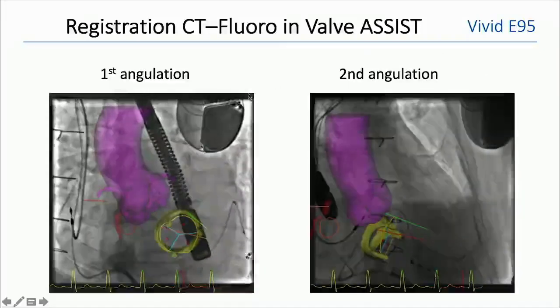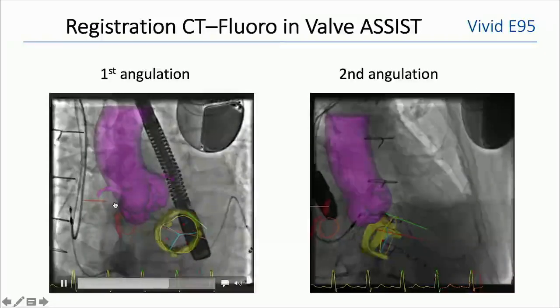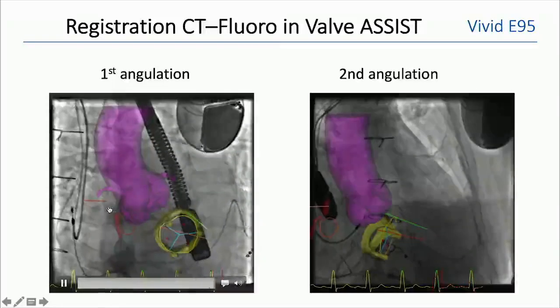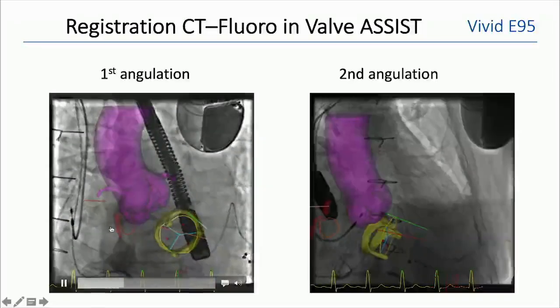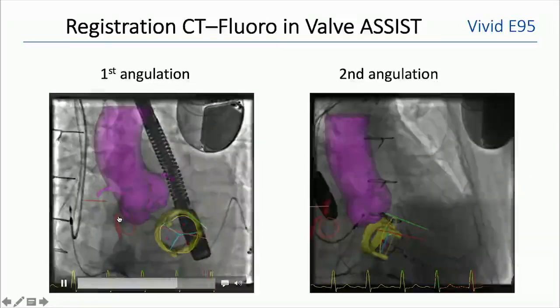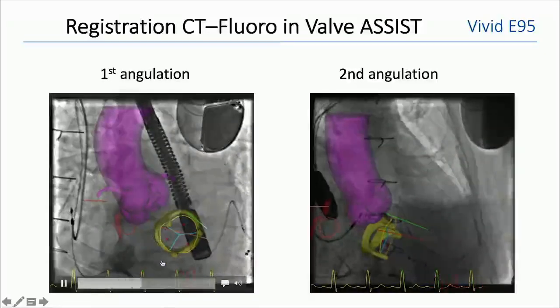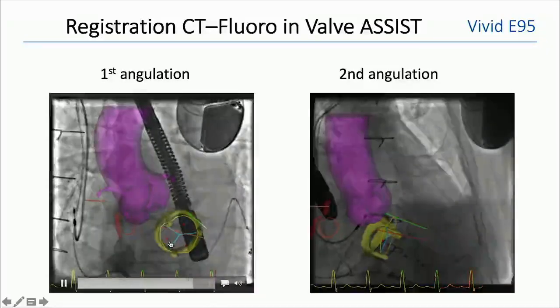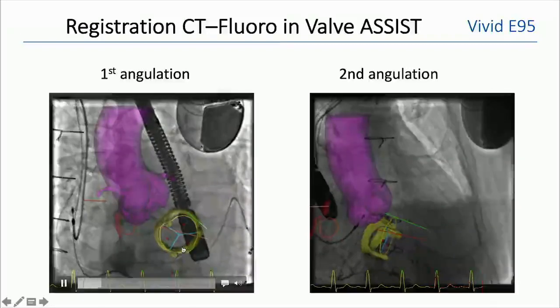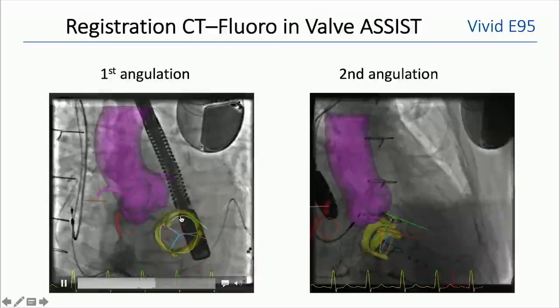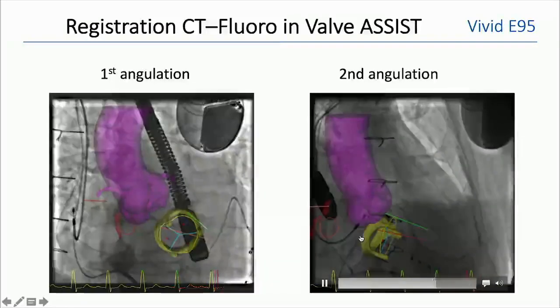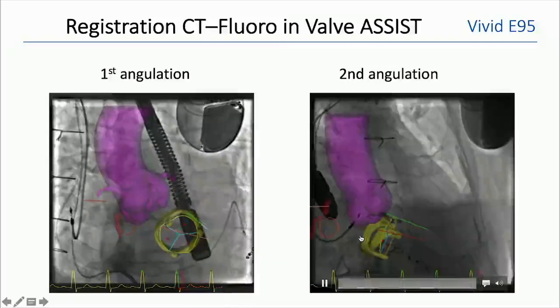You can see beautifully here what we decided to do, and this is very customizable as per your preferences, is to include the SVC margin. We've got the fossa ovalis, the calcification at the interatrial septum, we've got the prosthetic mitral valve, the leaflets clearly labelled 1, 2 and 3, and also the chords. And the second angulation is just showing the different view of this to make sure that we can get an